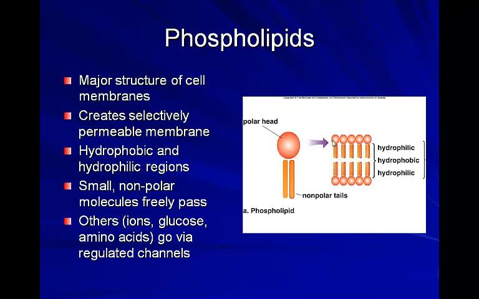Phospholipids, like I mentioned, they're major structures of our cell membrane. When you look at the phospholipid, you have this phosphate group on one end, and then you have these lipid tails. And that phosphate group on the end here is very polar. Again, that likes water, where the nonpolar tails do not like water. So phospholipids, by creating this bilayer where you have these phosphate heads sticking out and inside the cell membrane, creates a water base inside the cell and allows the cell to be in a water base, but creates this middle region here that's very hydrophobic.